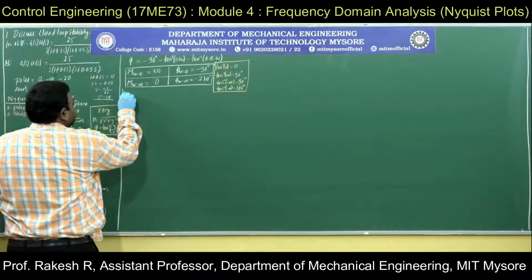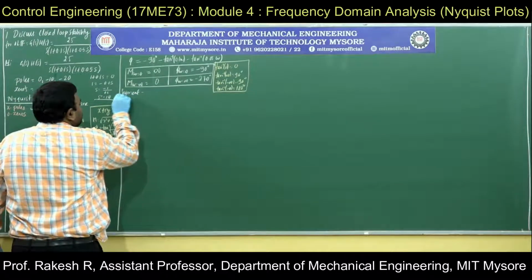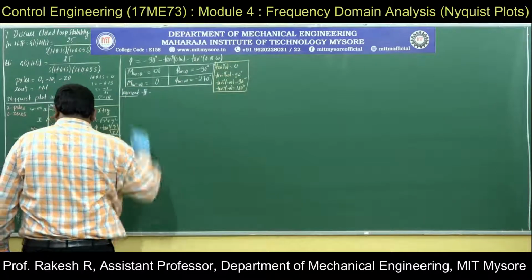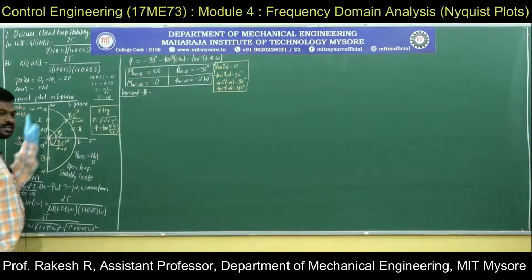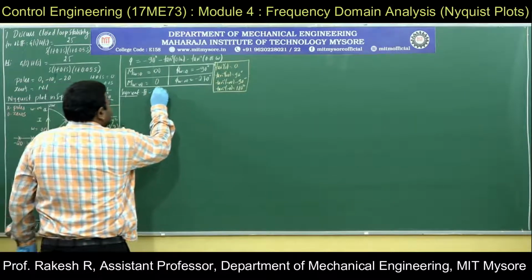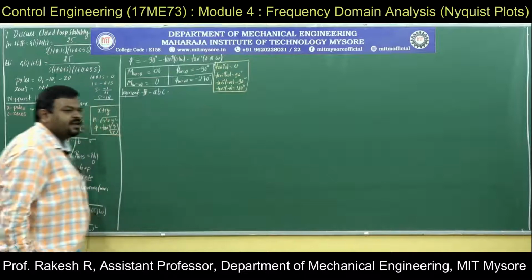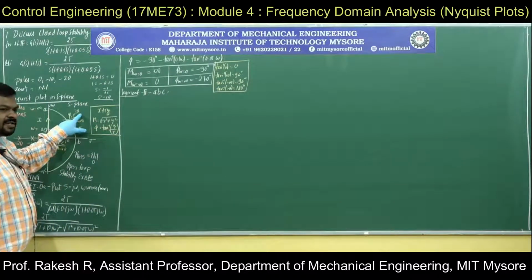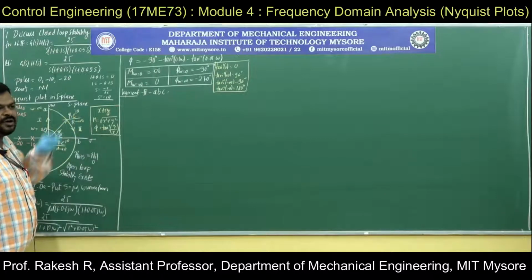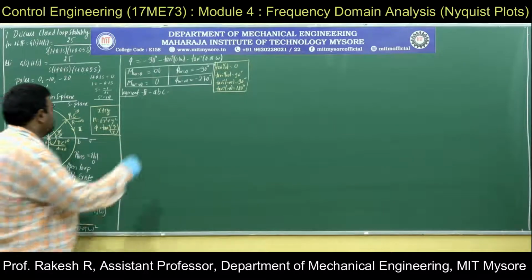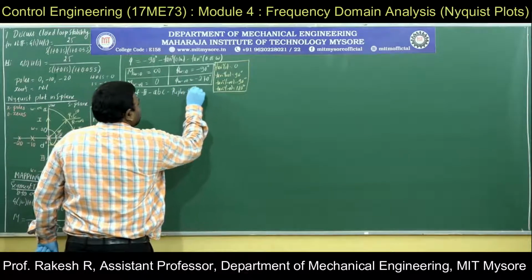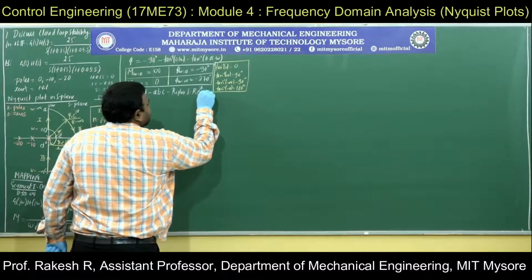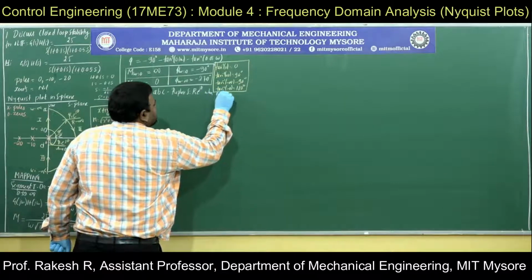Then segment 2. What is segment 2? Segment 2 is this A, B, C. It is a circular contour A, B, C. What is the function here? I have used a special type of function, r e to the power of j theta. Here I cannot solve this plot using a polar plot. So replace S is equal to r e to the power of j theta, where r tends to infinity.